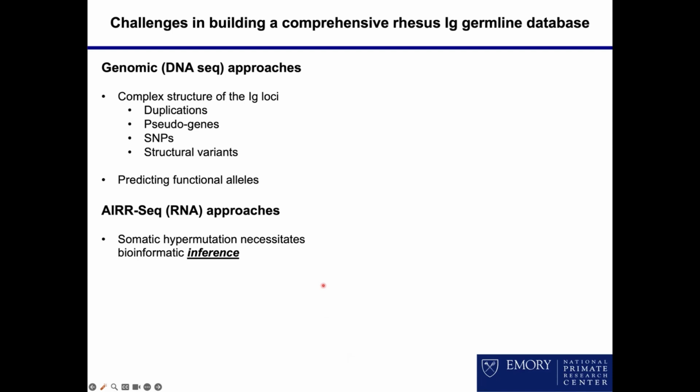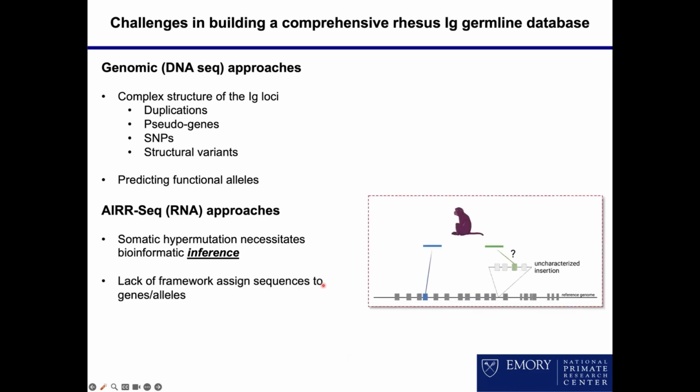So repertoire sequencing is a very popular, effective, and convenient way to address this. However, there are other caveats to that. Even if you target what you hope are naive sequences, you're going to have a fair amount of somatic hypermutation, which necessitates doing inference. You're not going to understand the genetic framework and where these particular putative alleles are going to be lining up structurally in the DNA. And then also things that are at a lower frequency may be missed, and you might miss some sequence data in some of your approaches.